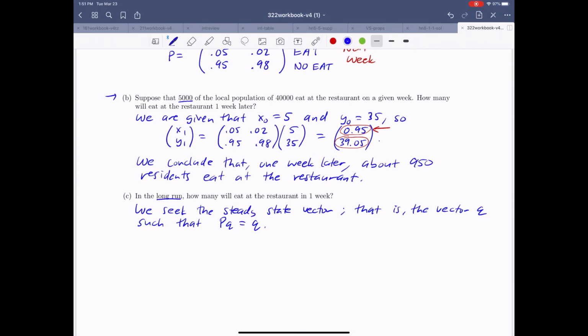Okay, so one way to approach this is just to try to solve that equation directly. That's a little bit shorter than diagonalizing the matrix. So note that if we start with PQ equals Q, we can subtract the vector q to the other side of the equation. We get PQ minus q equals the 0 vector, or we can rewrite it like this: P minus I times q equals the 0 vector.